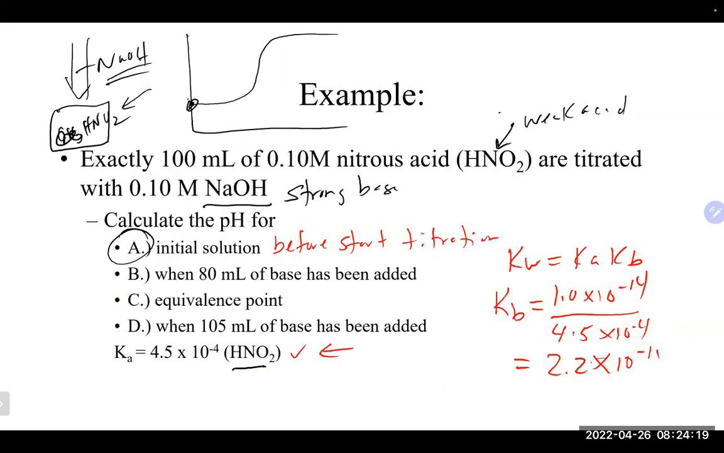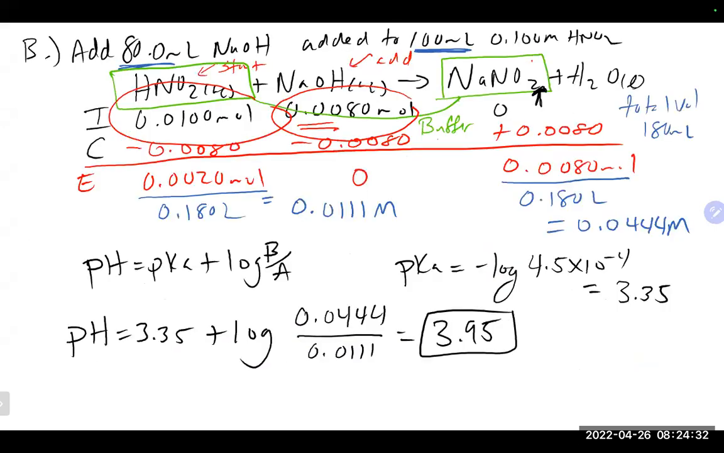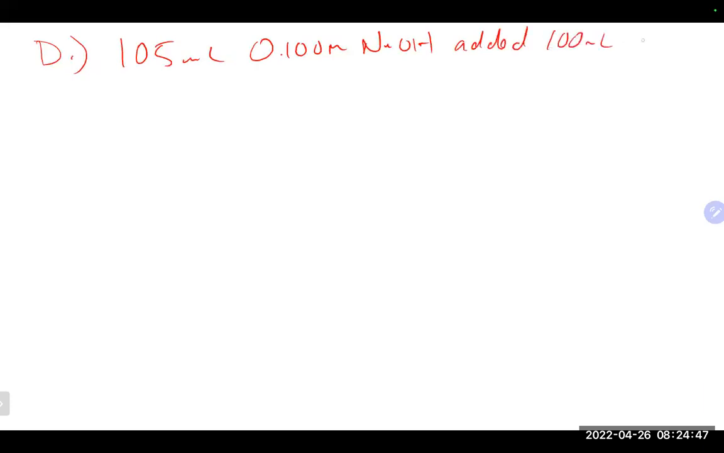So what is left is clearly, since we just did the equivalence point, we are going to be past the equivalence point at this point. So we're going to add 105 milliliters of base. So let us take a look at that. So when 105 milliliters of our 0.1 molar sodium hydroxide is added to our 100 milliliters of our 0.1 molar